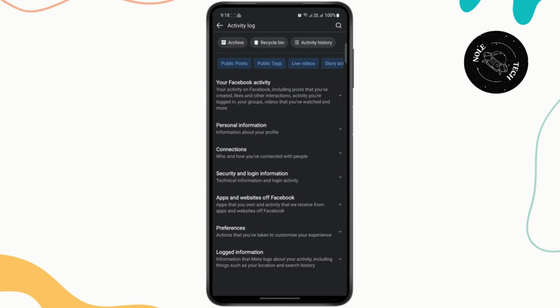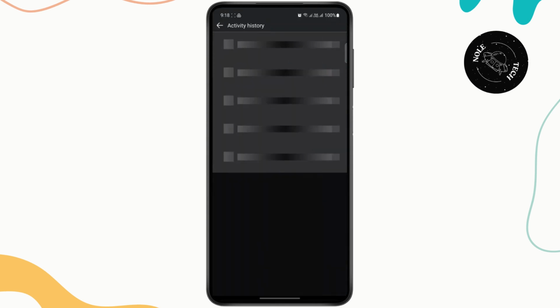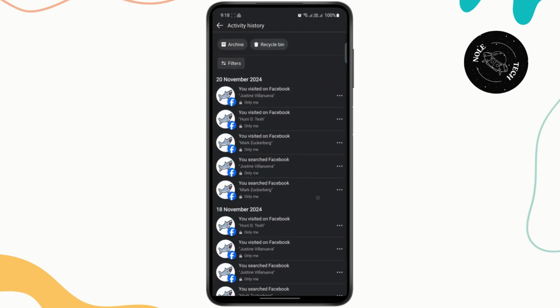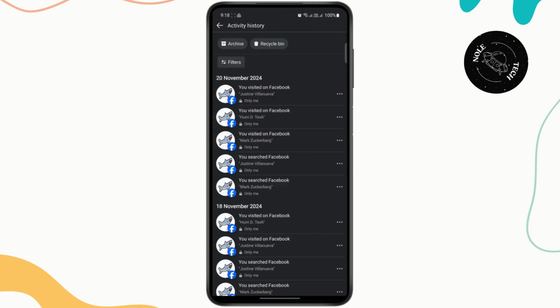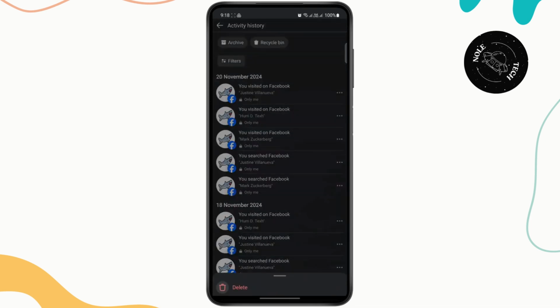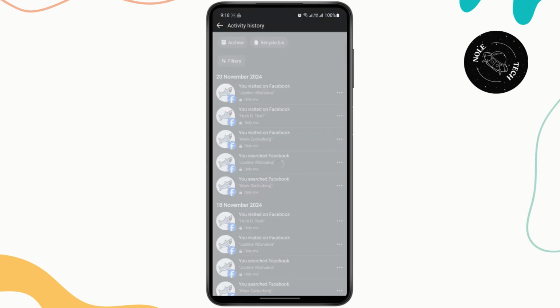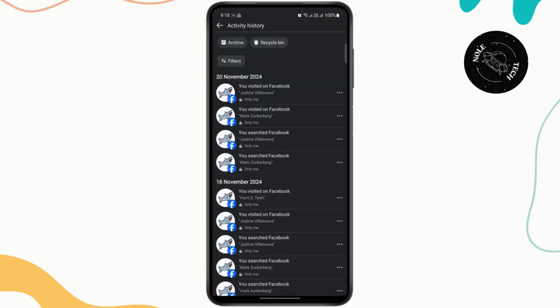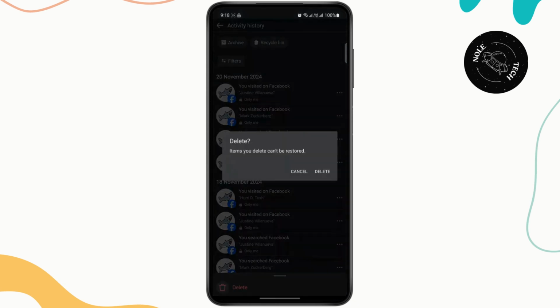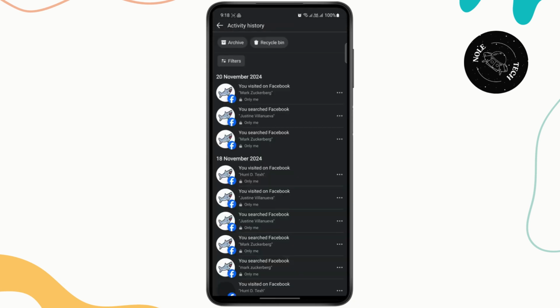But what you ideally want to do is tap on activity history, and from here you will see all of your activities right here. Just tap on the activity that you want to delete and tap on delete. So doing this will only delete your specific activity, but if you want to delete everything at once, then what